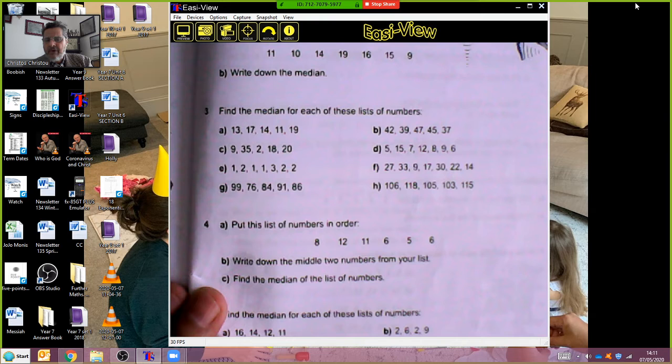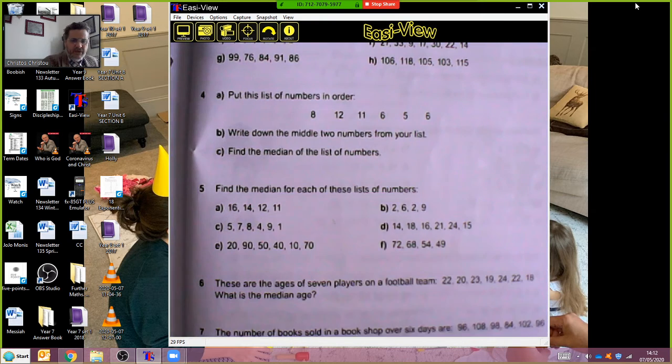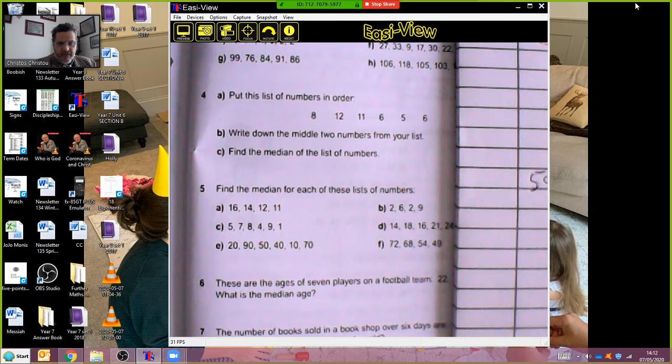Now look at this one. Bit revision coming up. Look at question 5. That's on the screen. Can you see it? Good. I can as well. Somebody talk me through question 5. I don't know, 5C, just for fun. I'm doing question 5C live with you. So talk me through it. We can see the question. We're going to see my working as well. Go then, Diaz. Go for it.